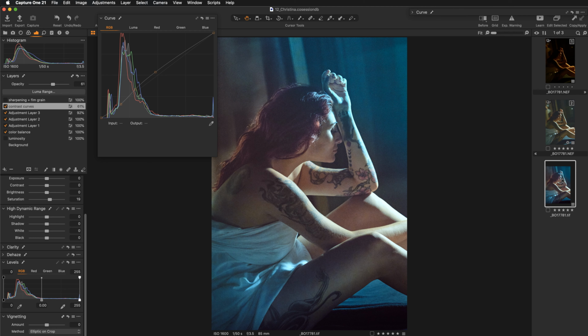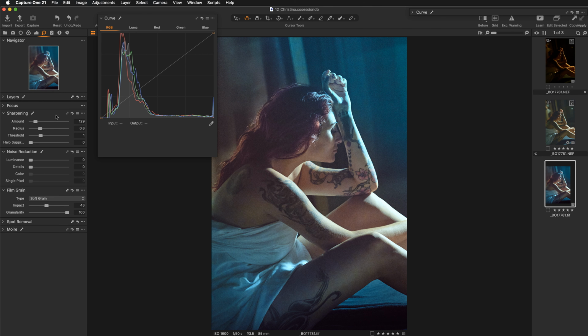So once you start playing around that way, you will really get a grasp of it very quickly. On this layer I bumped the contrast a little bit. I haven't touched the Luma curve, so only the RGB, and this is the contrast. On the very last layer I have introduced a little bit of sharpening, so let's just jump over here, and